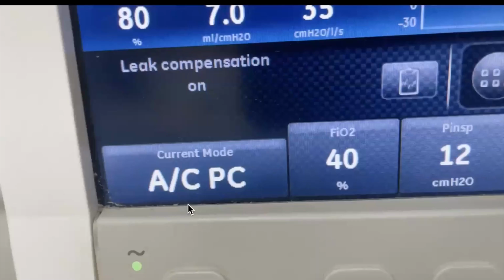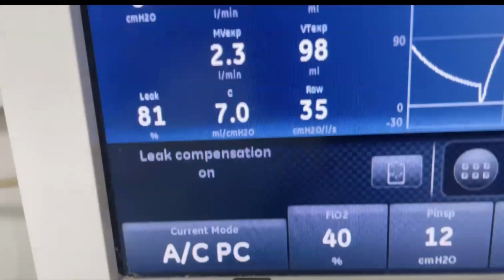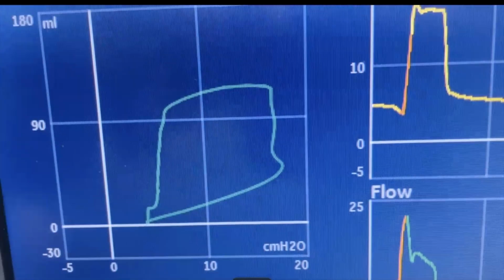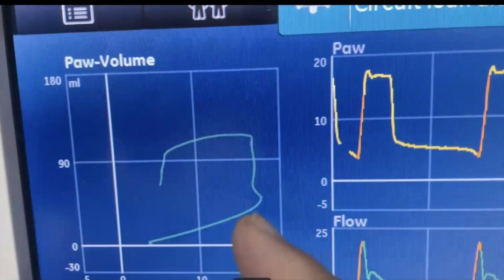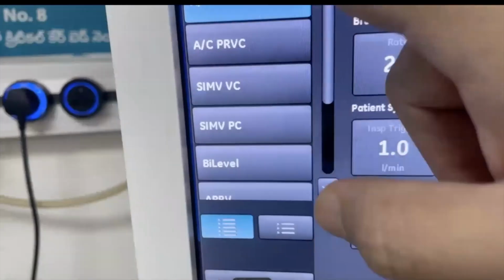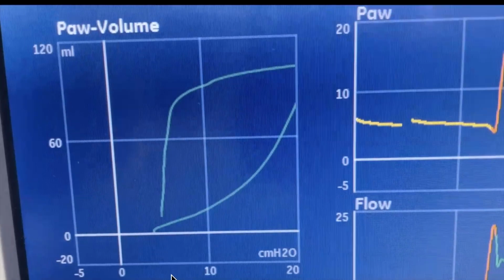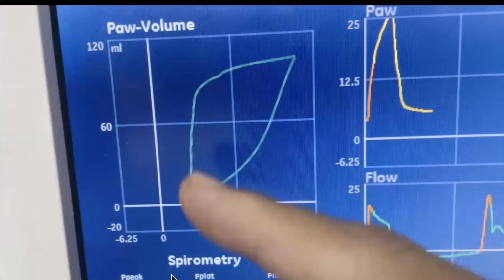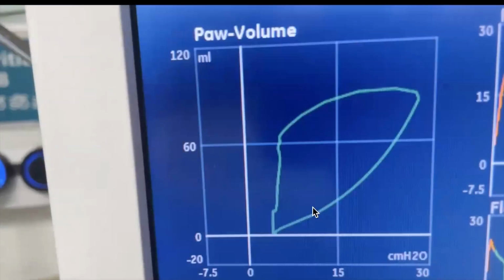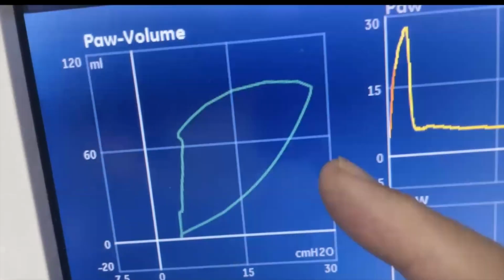The same thing can be seen in this particular video also. So this is pressure control mode. Here you can see that this patient is on this box shaped wave in pressure control mode, and when the same patient is shifted to volume control mode, you can see the morphology is changing and it becomes sigmoid during inspiration like this. So it is important to understand this, because in pressure control that box shape gives an impression as if that's an inflection point. It's not an inflection point, it is the morphology of a box shaped PV loop in pressure control mode.